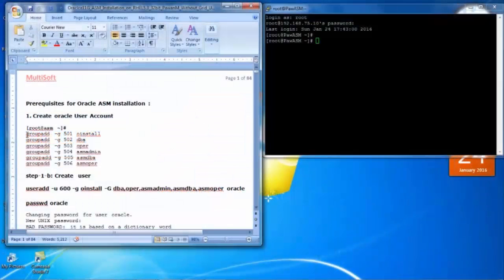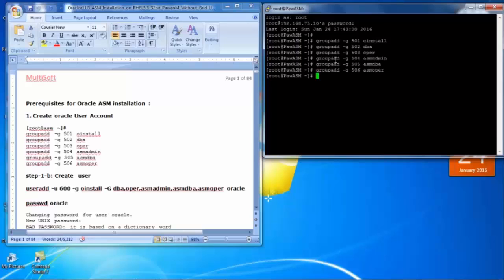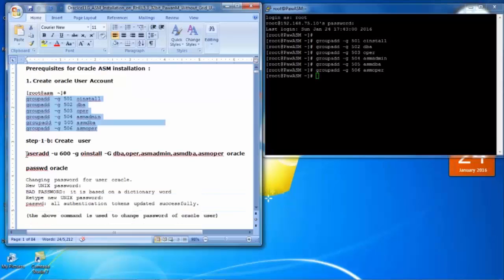First you have to create all these 4 groups. Means you have to create all these OS groups. Okay, I have created all these 4 groups. Thereafter you have to create